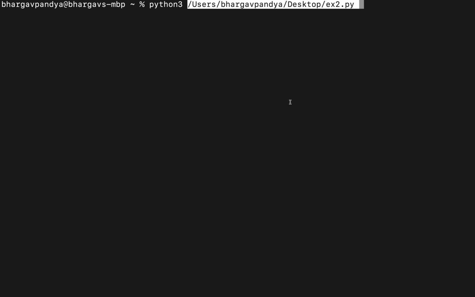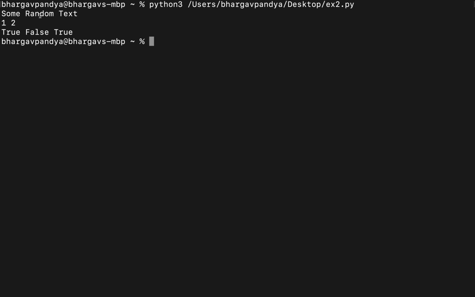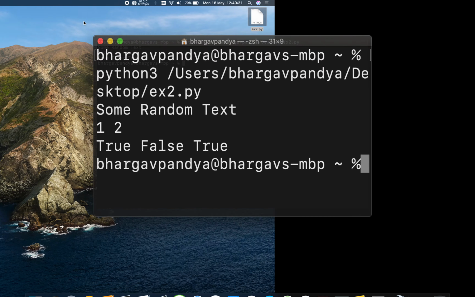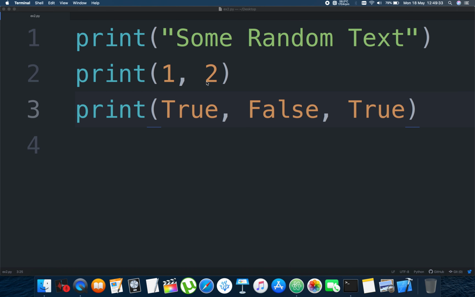And you see here, this is the address of this file. So in the exercise before, where we listed the directories and changed the directory to desktop, this is basically that, but it's way simpler to do this, dragging and dropping files. And we hit enter, and we see our program run. So some random text. This is the